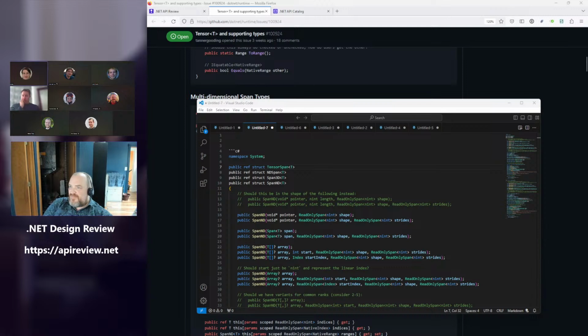View would maybe be a better name, tensor view, but the term we use for that in .NET is span. Span represents a view over another allocation. I think that's kind of why I like tensor span, because it's a tensor. Think of span and think of tensor, and then now you put them together. It's two concepts that already exist.